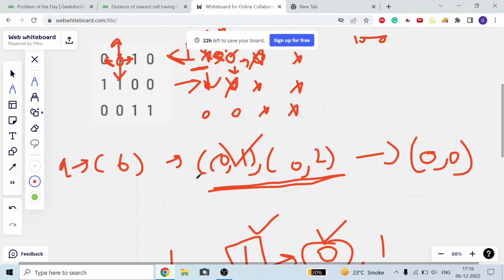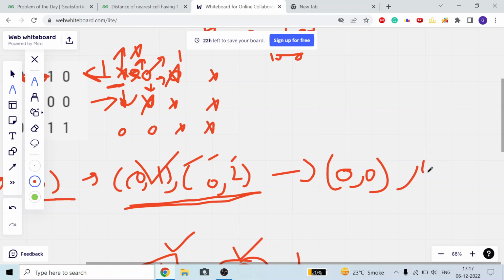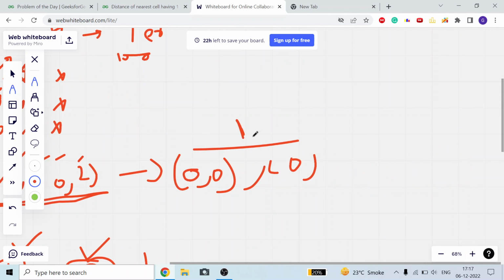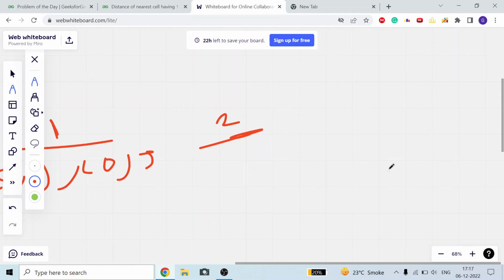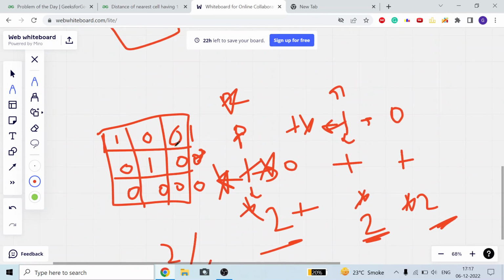Okay guys, so this is what we are doing with our queue. We will traverse all the 6 cells of my queue, then all the cells that come into my queue will have distance equal to 1. Then I will traverse all the 1s, then all the cells with distance equal to 2 will come into my queue. Then all the cells with distance equal to 3 will come into my queue similarly. And there will be a point when all the, like here,